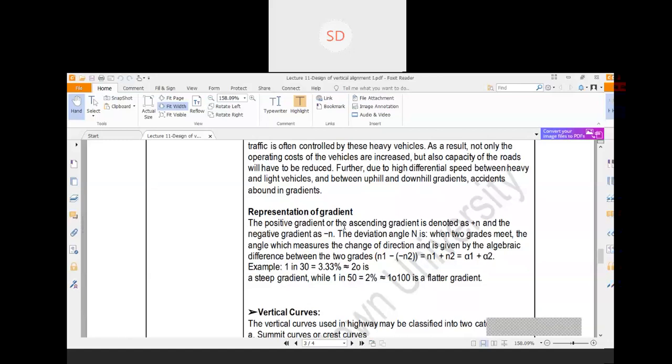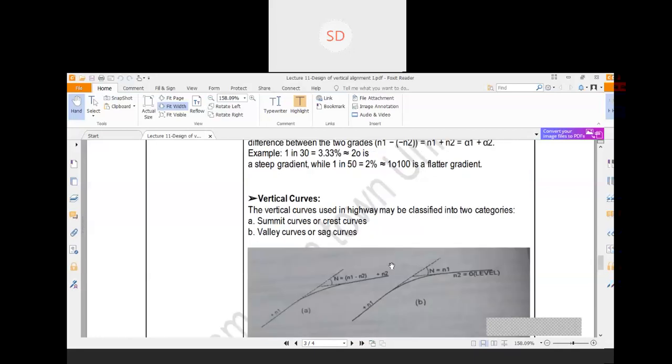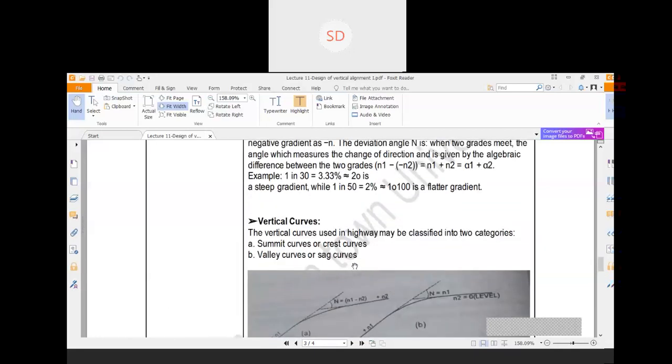Now here the positive gradient or ascending gradient, which is going upward, is denoted as plus n and the negative gradient as minus n. Now the deviation angle is n. When two gradients meet, the angle which measures the change of direction is given by the algebraic difference between the two grades, that is n1 and n2, like that. Suppose for example,